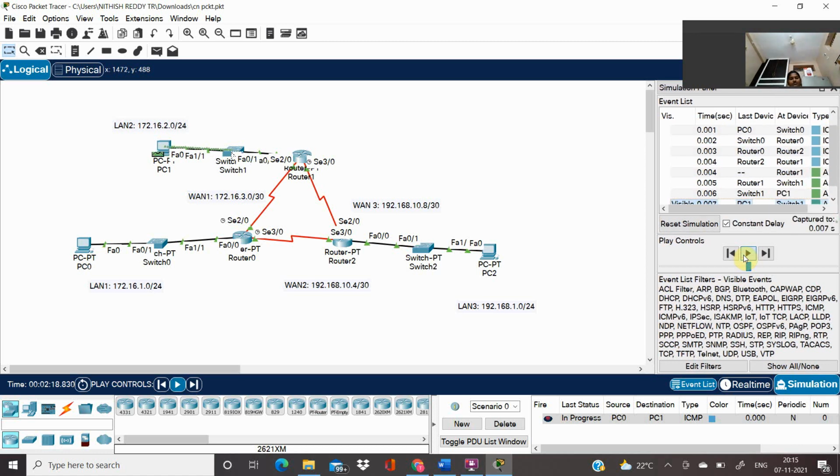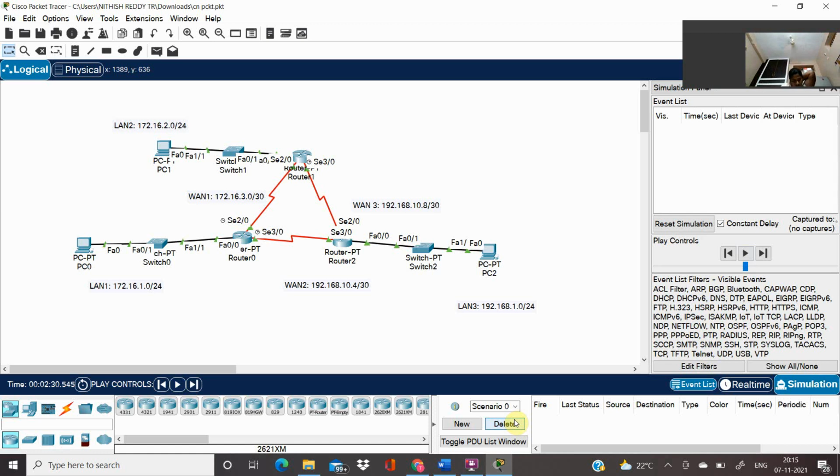Again the packet is sent back from PC1 to switch 1, from switch 1 to router 1, then from router 1 to router 2, and from router 1 to router 0. Let me check once.